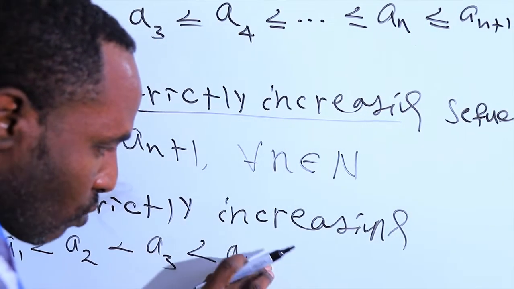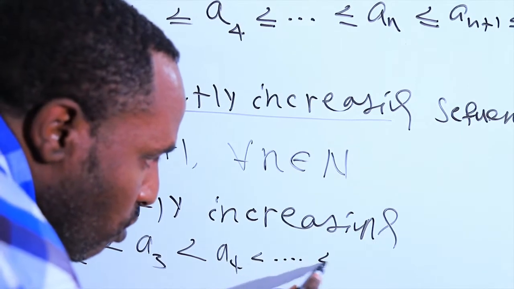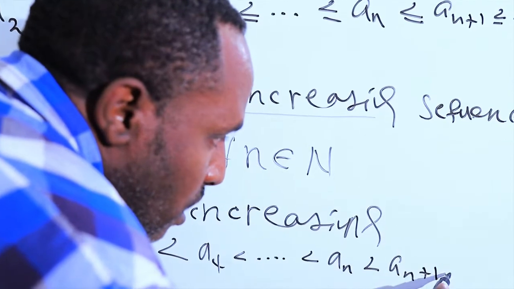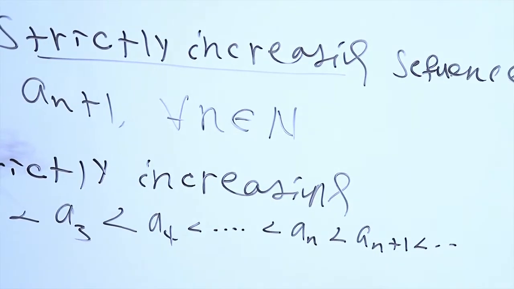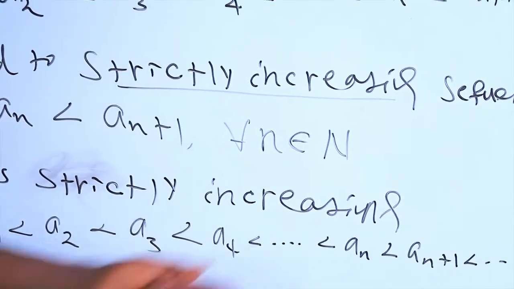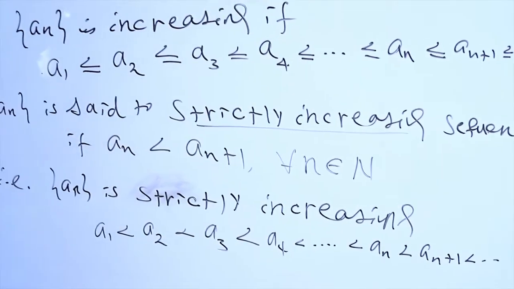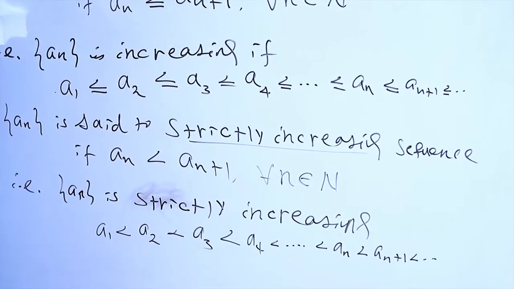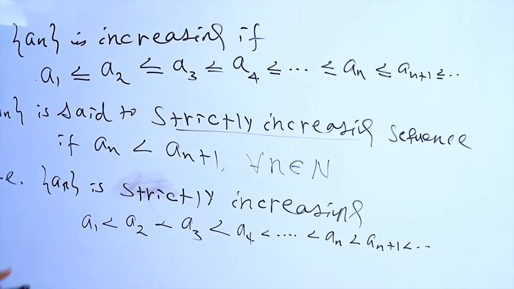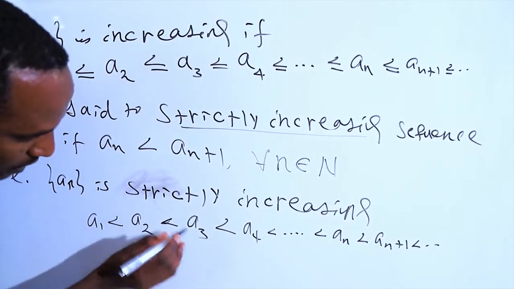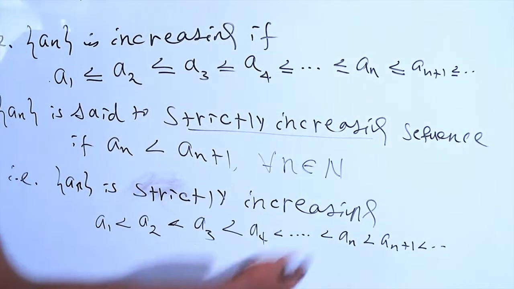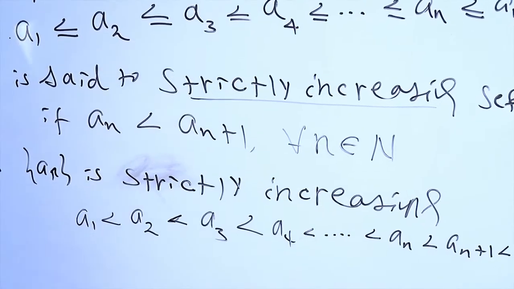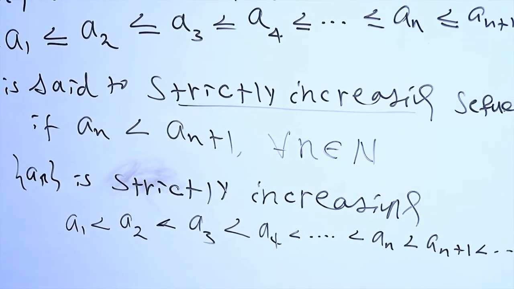This works for all, AN is less than AN plus 1 in such a way. So if the sequence has the form where A1 is less than A2, A2 is less than A3, A3 is less than A4, A4 is less than A5, and it continues in such a way, then such a sequence is known as a strictly